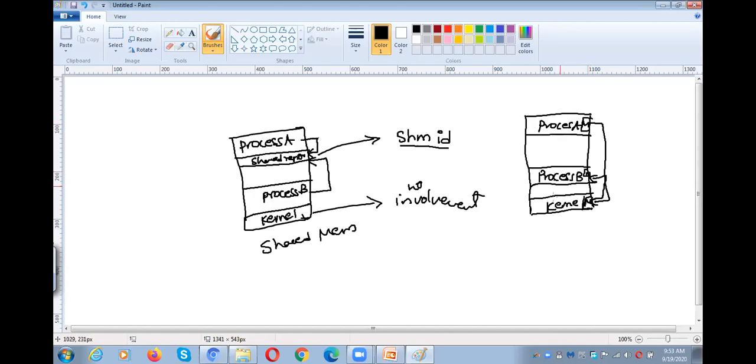That means whenever there is communication between processes, there should be some kernel involvement. To make the communication possible, there should be some kernel involvement. When process A is willing to send a message, the message is first transferred to the kernel, and from the kernel to process B. Now look at the diagram.